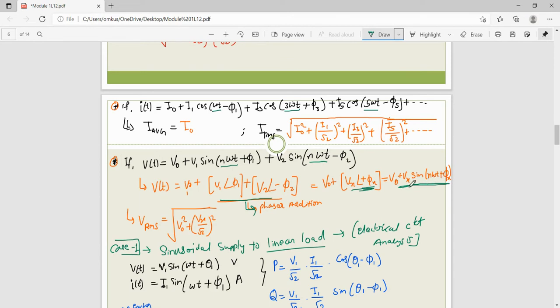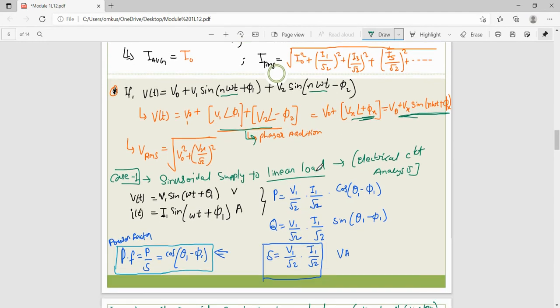And then you need to take the average and RMS value of this signal. So this is the same waveform, same frequency. So first of all you have to add these two, the phasor sum of them, and then whatever you get, use the RMS value concept. Don't use the RMS value concept directly here, bro. It will be wrong if you use it directly here. First of all you need to add the phasor sum, because the frequencies are the same.